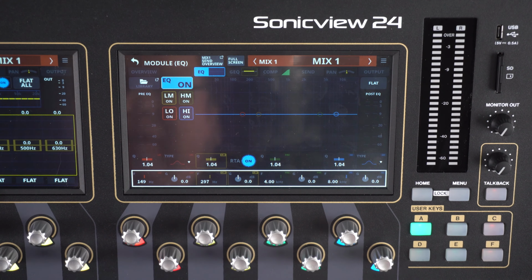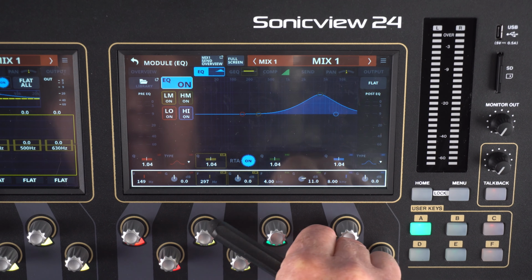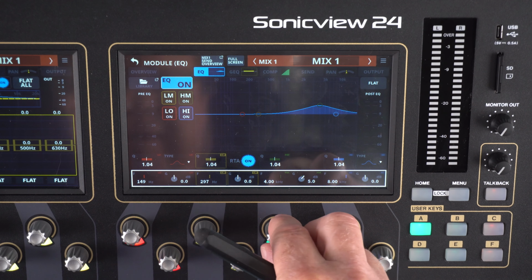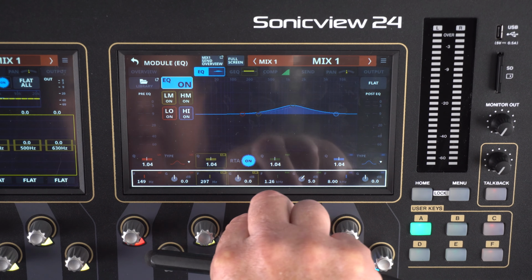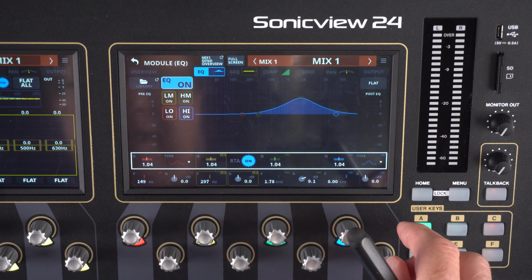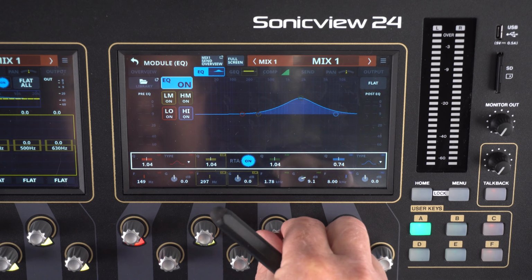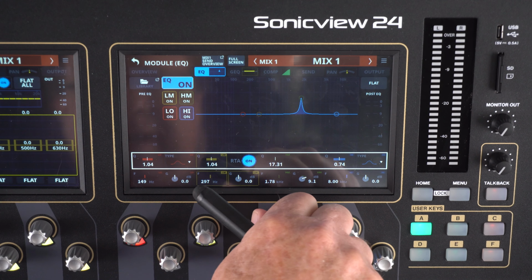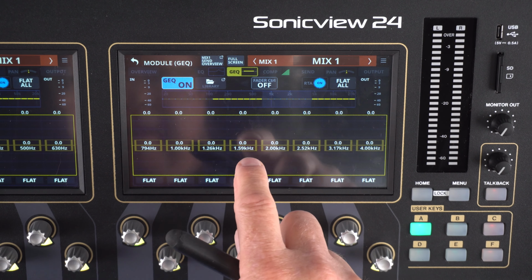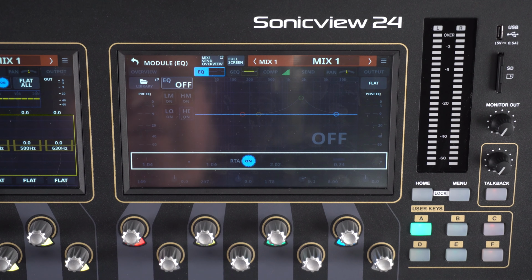And again, the parametric EQ is exactly the same as the input, where I can choose the frequency and the decibel level, excuse me. And the next block up chooses the Q. So I can make it a fine Q or a very tight Q, which is what I'm doing right now. Let me turn that off. I don't know if I want the graphic EQ and the parametric EQ at the same time. But it's possible. You can do all of that.